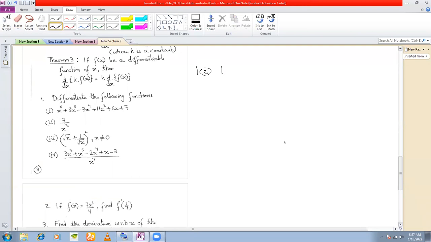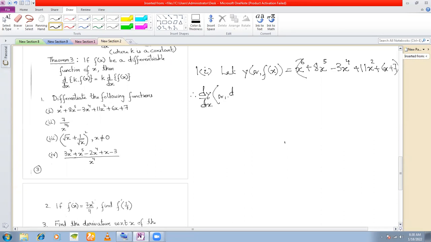The first function given to you is, let y, or f(x) also you can take, equal to x to the power of 6 plus 8x to the power of 5 minus 3x to the power of 4 plus 11x square plus 6x plus 7. I want to find the differential coefficient of y with respect to x, or differentiation of y with respect to x. Therefore dy/dx